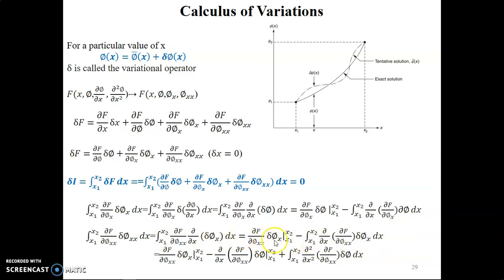Okay, so this term is quite simple. We will retain it as it is in the next step and we will perform the integration by parts of this term. So the final solution will be like this. The same term has been repeated over here. Now we will be performing the integration by parts. So we will be getting the boundary term, and the same term will be retained here. Its value will be evaluated over the domain x2 to x1, and then the first term will undergo double differentiation, and the second term will be integrated, and the whole terms will be integrated over the domain x1 to x2.